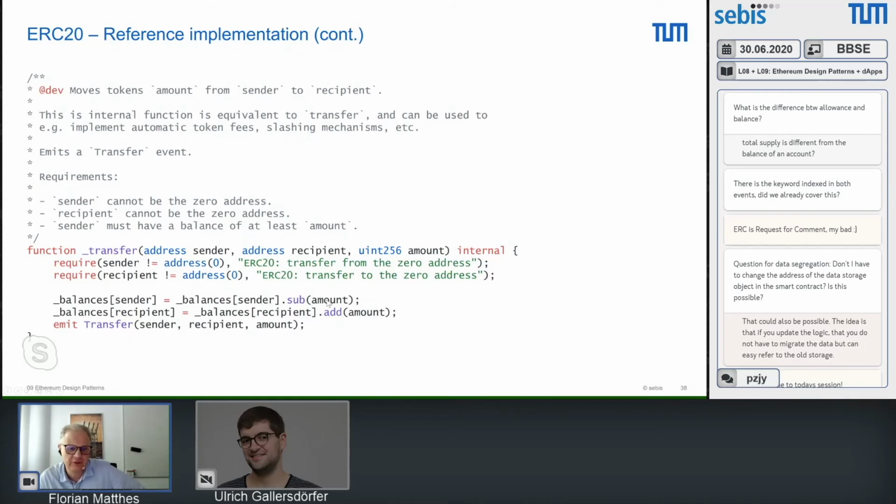that we subtract the amount from the sender account. We reduce the sender account by the amount. This could fail because we use safe math, which would then kill the whole transaction. If you don't have sufficient funds, this would fail with an error message that there are insufficient funds on the balances account. And once this was successful, we would increase the balance of the recipient by this amount. And again, it should not overflow, but I think that is only a very hypothetical problem here,